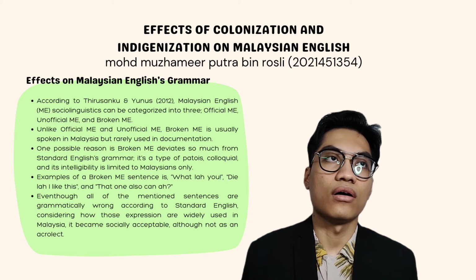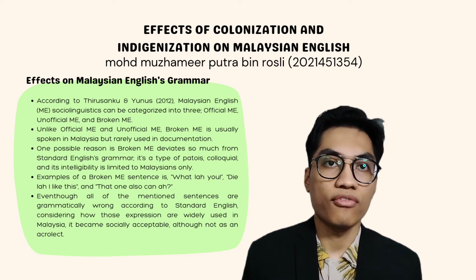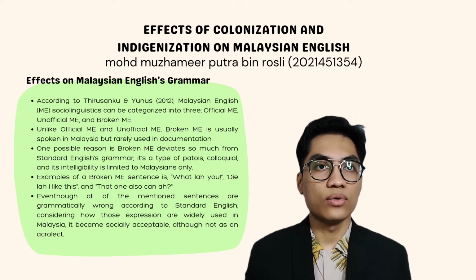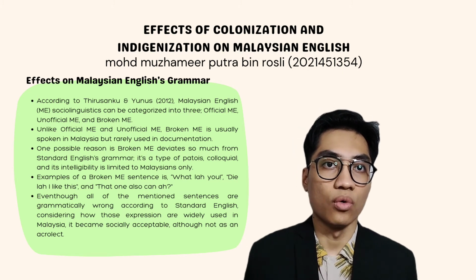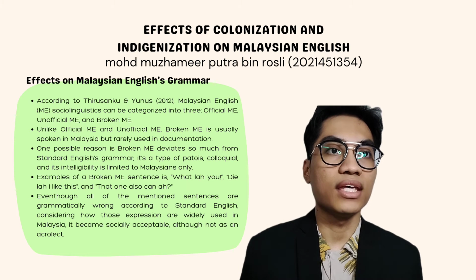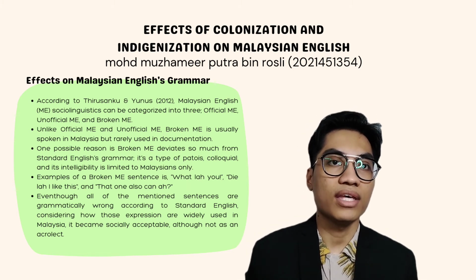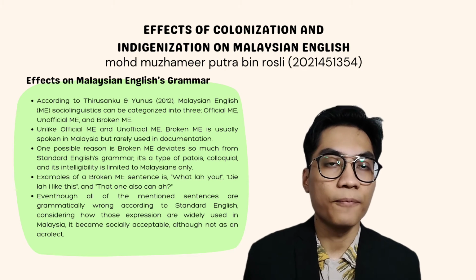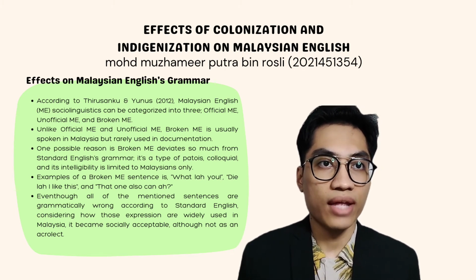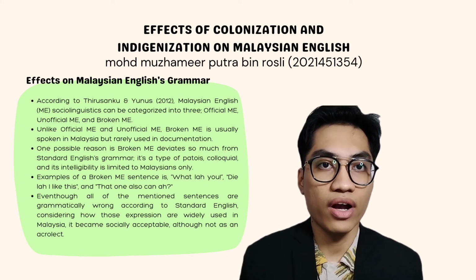Next, the effect on Malaysian English grammar. Grammar is a set of rules that govern a language. According to Thirusanku and Yunus, Malaysian English, or ME, sociolinguistics can be categorized into three: official ME, unofficial ME, and broken ME. Official ME is officially spoken and written in Malaysia because it is an acrolect, which means it is very formal